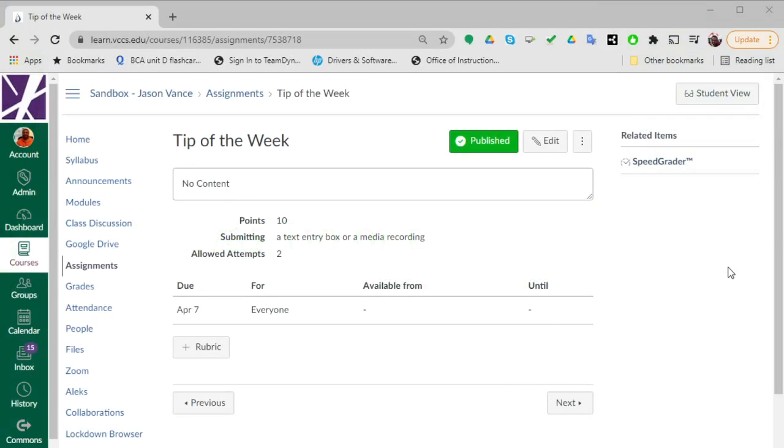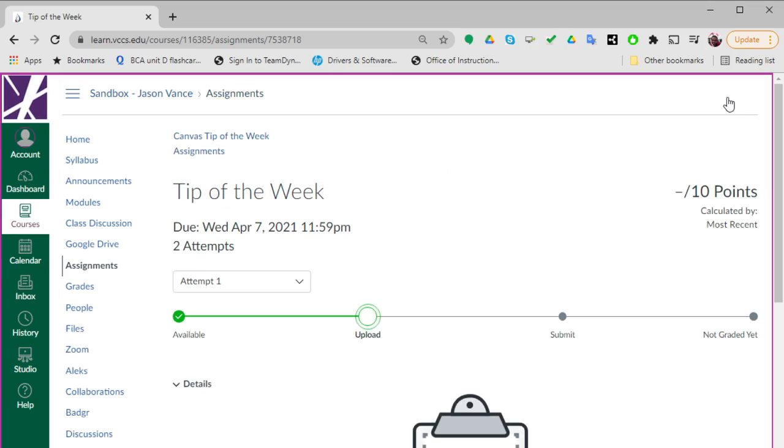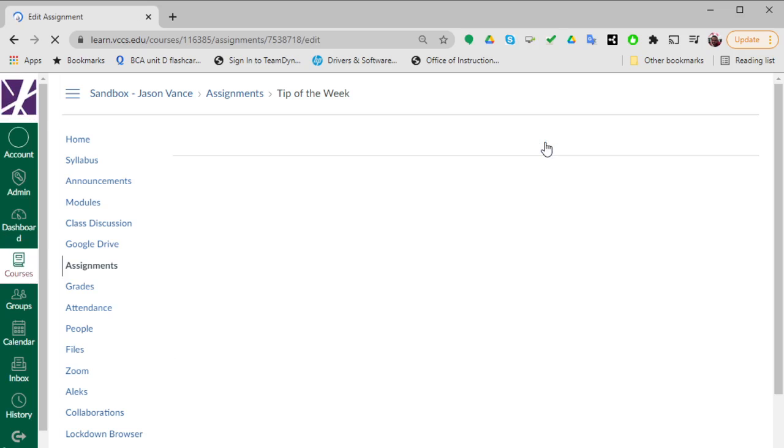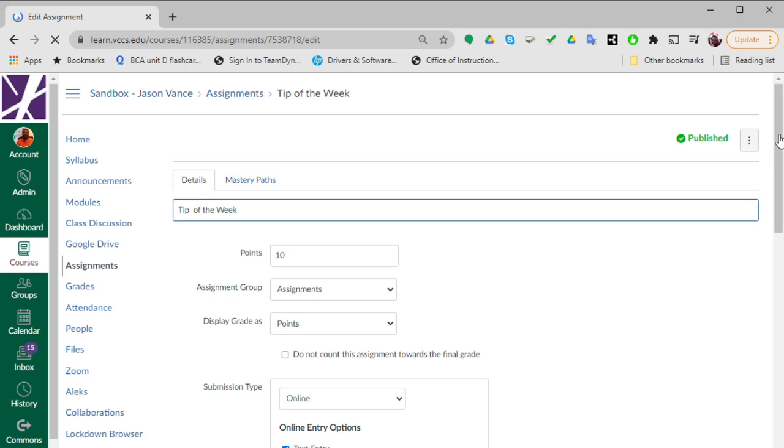As you can see, I've logged into my sandbox and I got an assignment called Tip of the Week. And I'm going to go ahead and look at the student view. So before I look at the student view, let me jump back. One of the options, if you notice, is called media recording. So in other words, one of the new options is this, where now we as faculty can allow students to record themselves as a deliverable for their assignments. Okay, so the way you make that available to students as you're creating your assignments,